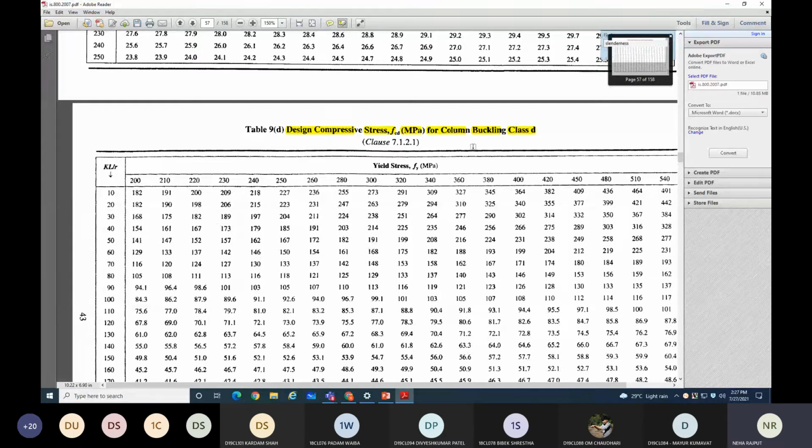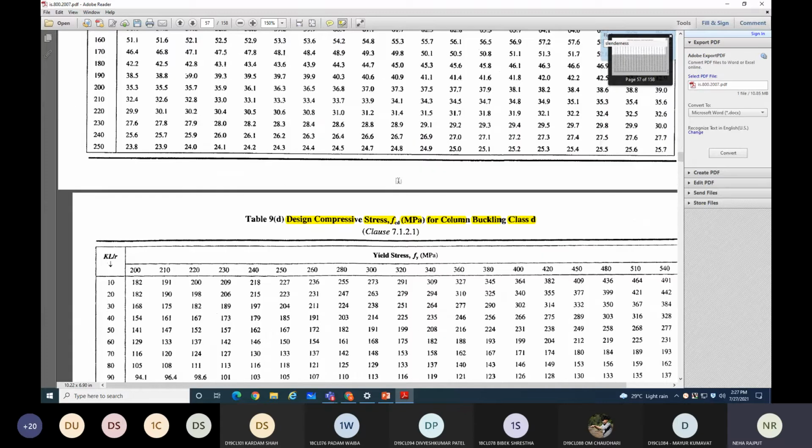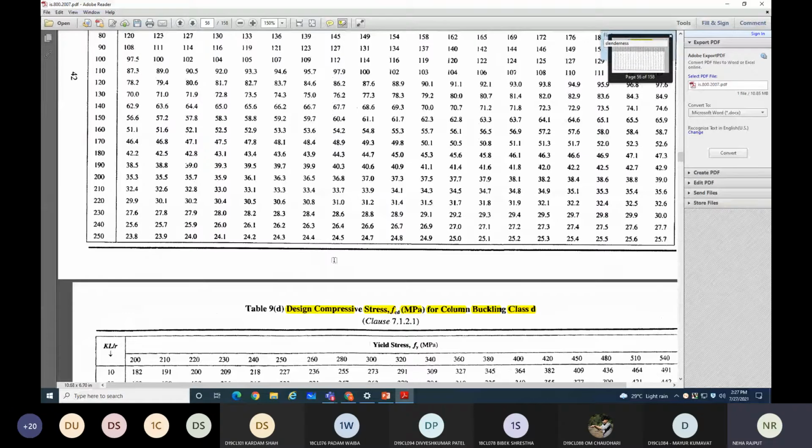So depending on your column buckling class A, B, C, D, we'll see what A, B, C, D are, you can choose either of these tables to get the value of fcd. Clear everyone?